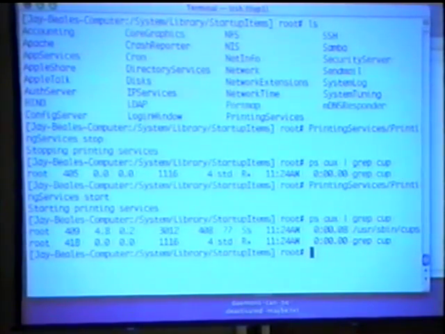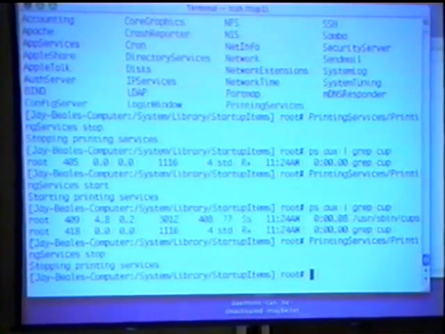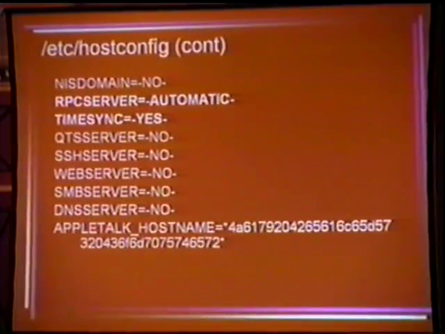We saw in our previous process list there was usr sbin cupsd, and we can stop it again like this. So if we change host config, we should be able to stop the script and then restart it and see that nothing happens, that we don't actually end up with cupsd.